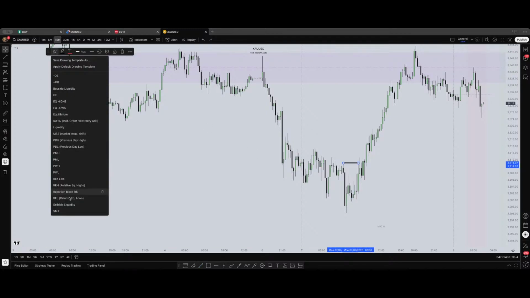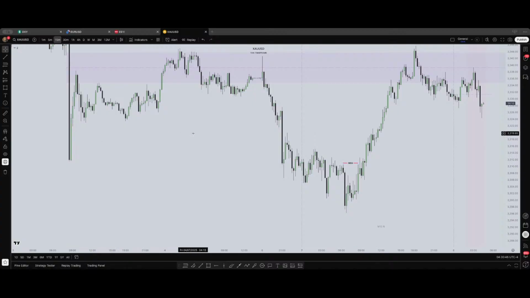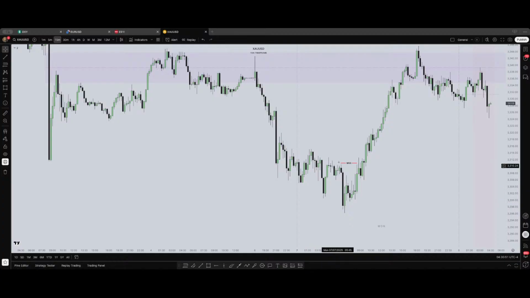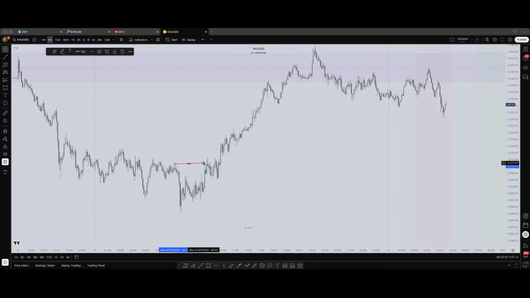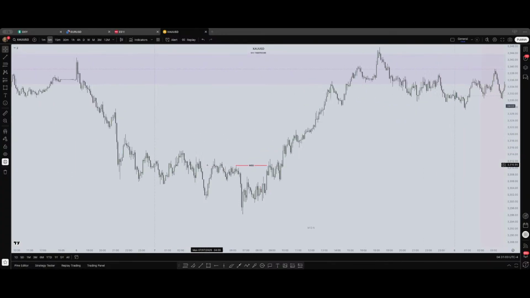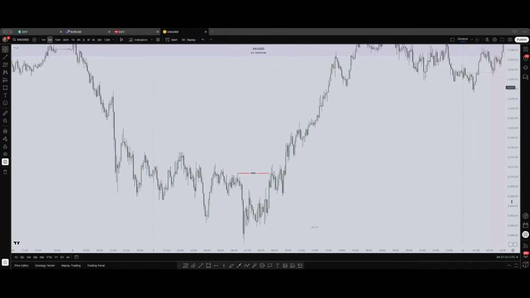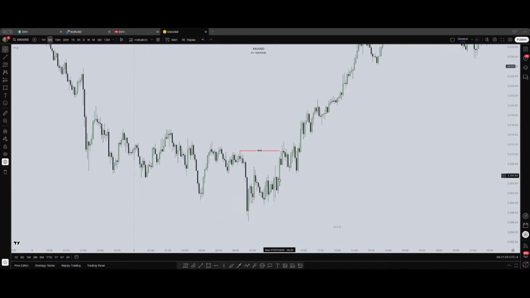This is the market structure shift or break of a structure, right? Five-minute chart, and you could take a long position. You see this fair value gap here. So price breaks structure, comes down, and you have an option to take a long position here in this 5-minute fair value gap.